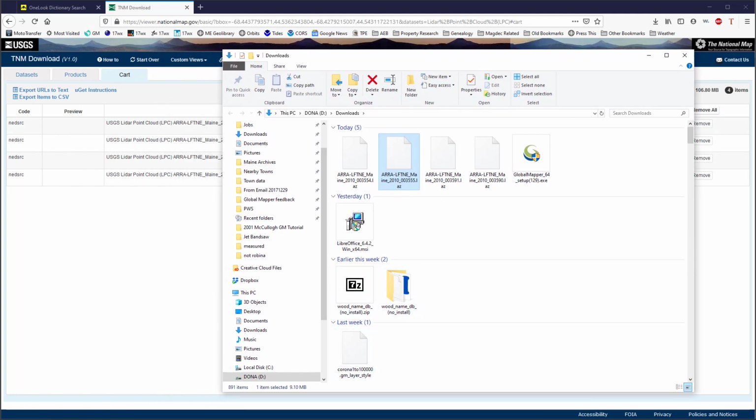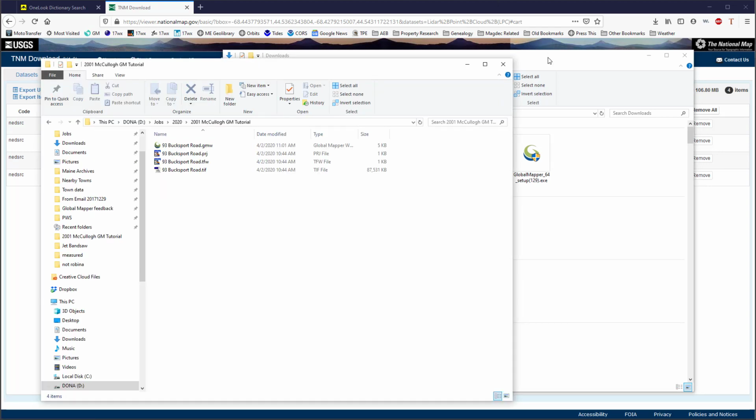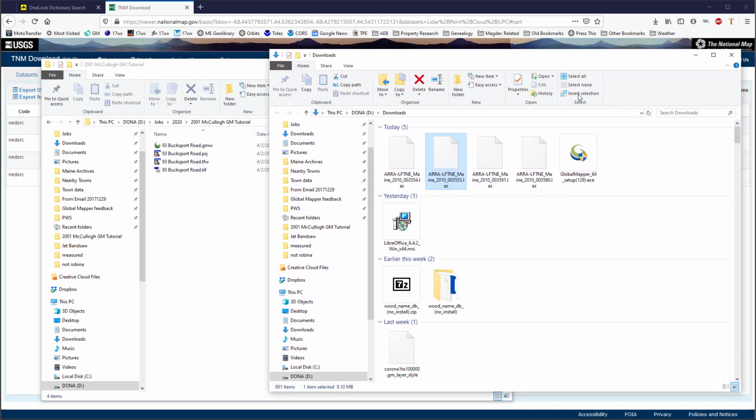You'll also note that I've recently gotten a daily build. That's this Global Mapper 64 setup file. So we're working with a pretty fresh